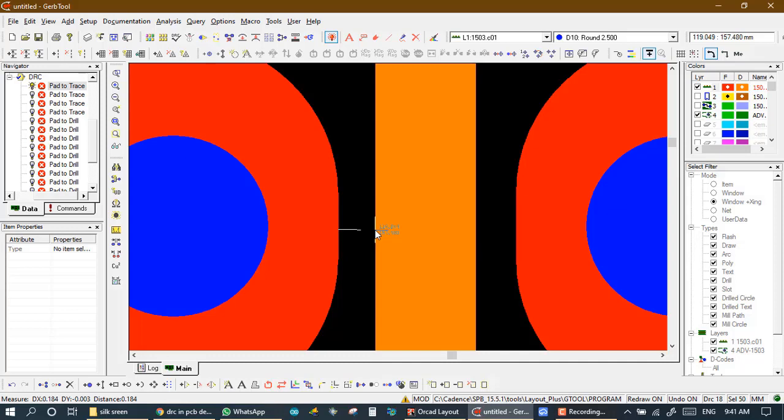So we want to increase the distance between pad and trace, and it increases approximately 116. So we have two options to increase this distance. We decrease the size of this decode, this draw, or the second option is we increase this flash or pad. Here the pad size is 342. This pad size is also 345.